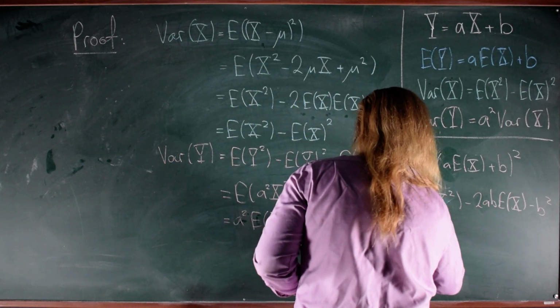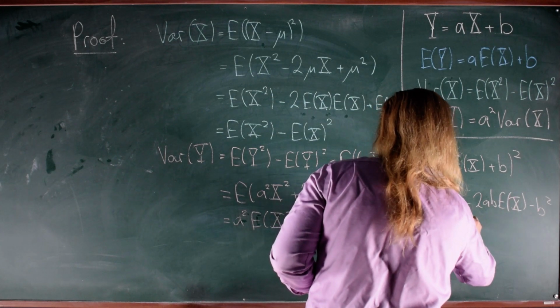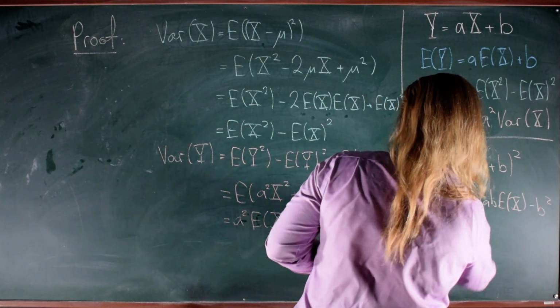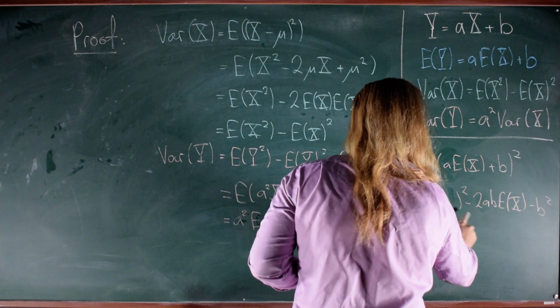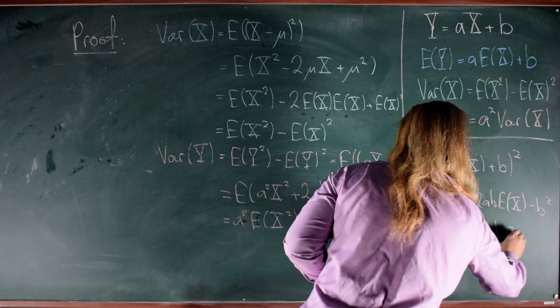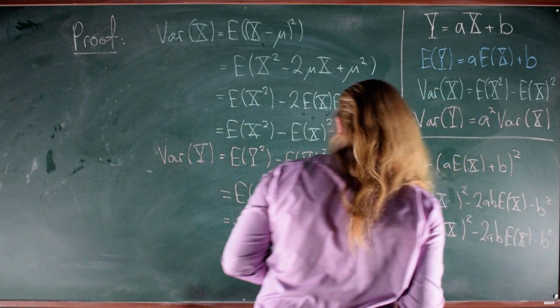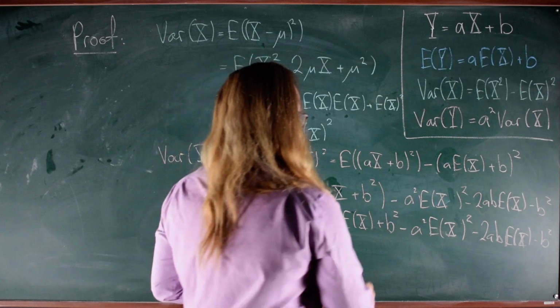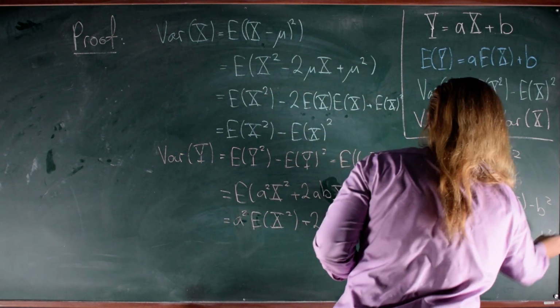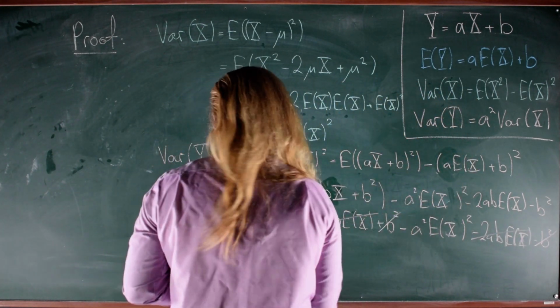And then minus a squared, expected value of x, squared, minus 2ab, expected value of x, minus b squared. But now, wonderfully, this will cancel with this. This will cancel with this. And all we have left are these two terms which